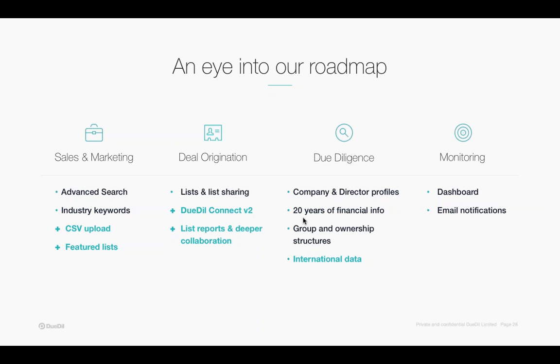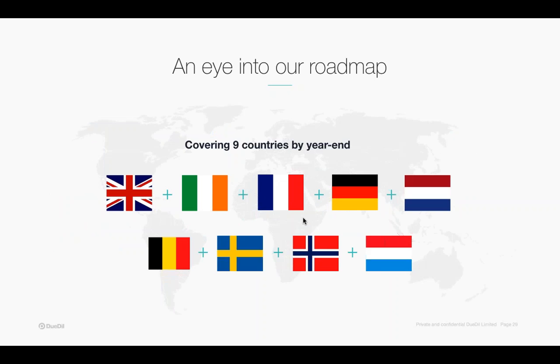And also, and the more important part, we're bringing this on a much bigger scale, and that's where most of our resources are, of course, at the moment. So you saw 11 million companies a bit earlier on the UK and Ireland. By the end of the year, we aim to cover 50 million companies, and we'll grow that in the next couple of years to 500 million. And the idea behind that is that we're going to expand into more countries in Europe and then more countries in the world. So first by company profiles, so you'll be able to do your due diligence on these companies very easily, but then also into our advanced search with all the same facets that you've seen earlier.